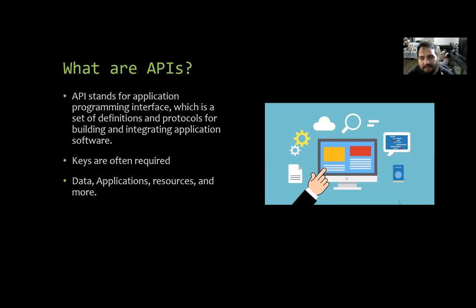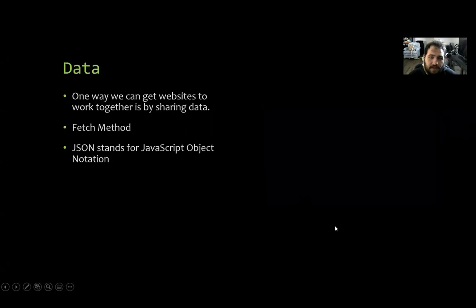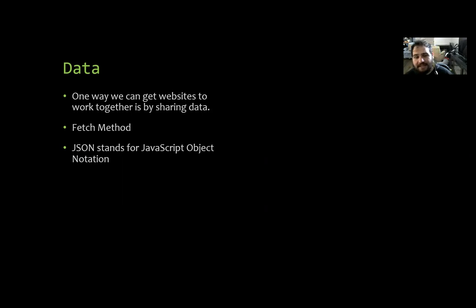APIs are often locked behind keys, which you have to either purchase from the provider or get through creating an account with the server or website that's providing the data. One of the most important uses for APIs in web development is getting data and sharing data. One of the ways you can do this is through the fetch method, which I'll be discussing later in the